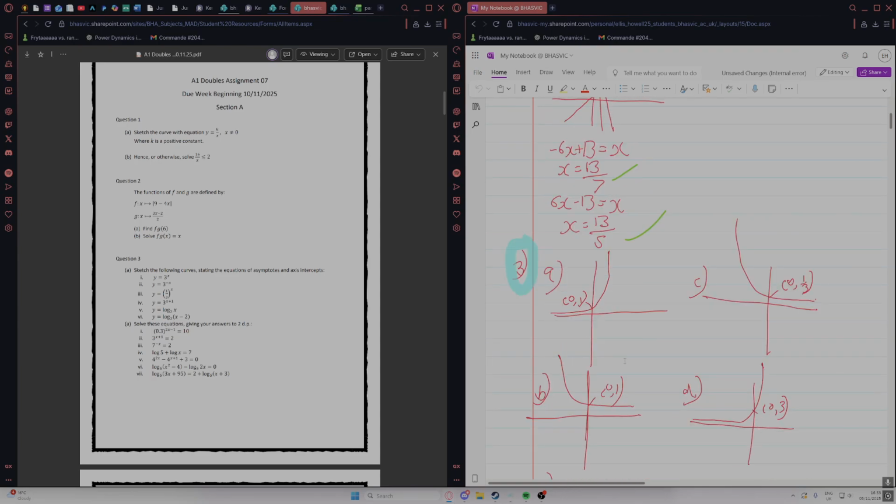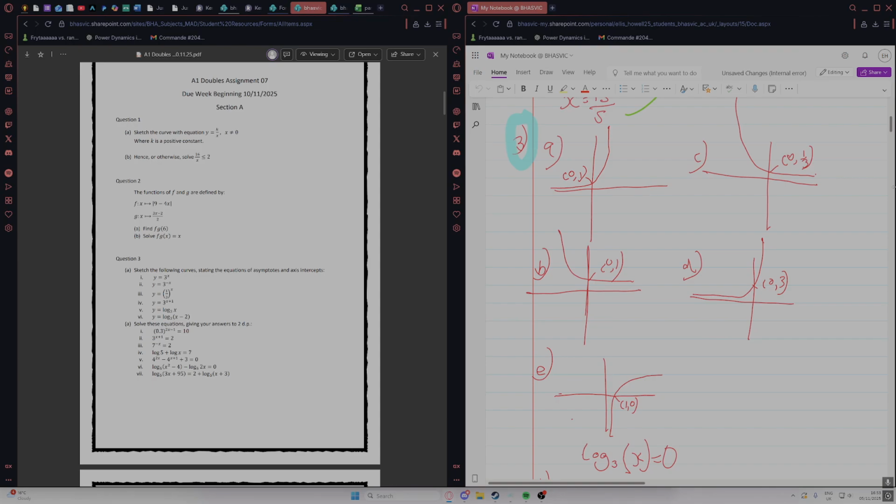Question 3, we've got a lot of graph sketching. I'm just going to show the graphs. It's just a lot of transformations, obviously. Part B,